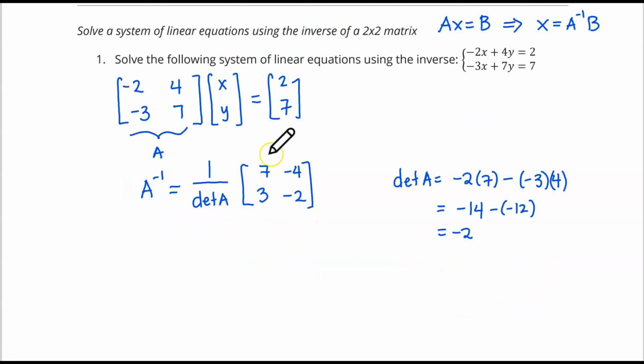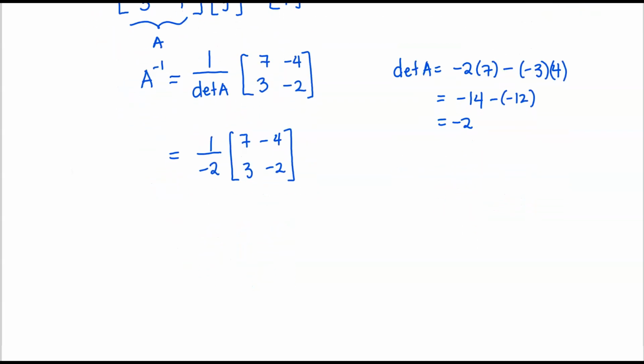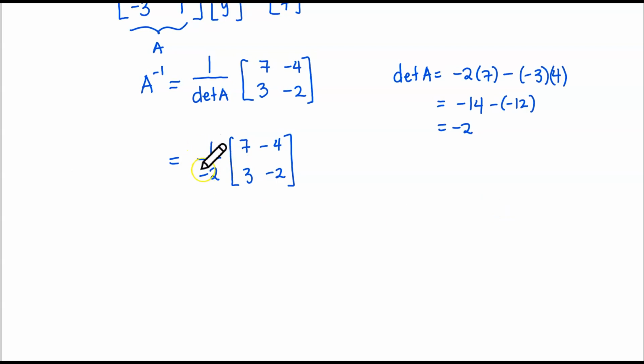Now going back to our formula for the inverse of matrix A, we then have 1 over -2, that's the determinant of A, times the matrix 7, -4, 3, -2. Then we multiply each term of that matrix by -1/2. This is now equal to